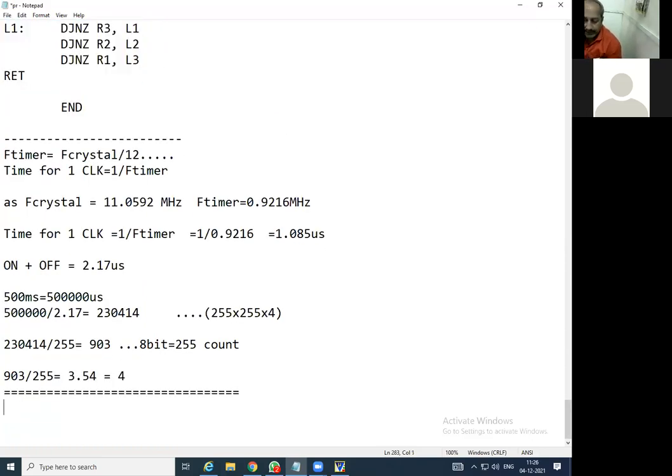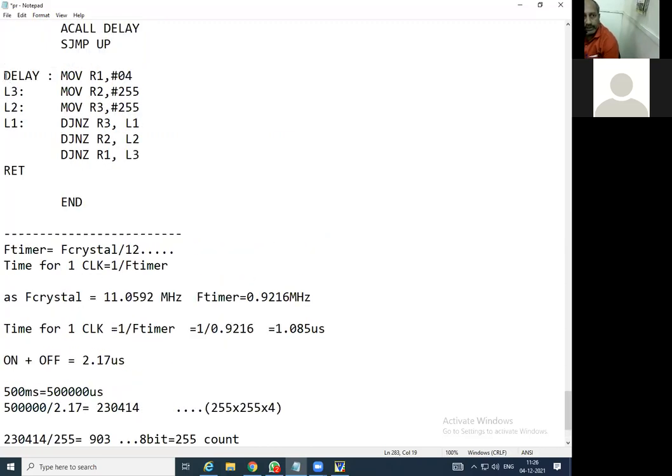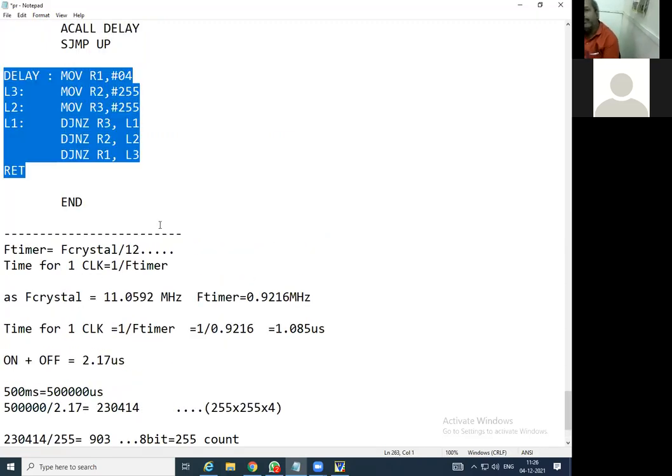For delay is equal to 100 millisecond, what will be the code? हा कोड लिहून घ्या डिलेचा आणि त्याच्यानुसार 100 मिलीसेकंड साठी कोड काय होईल that you are supposed to calculate and tell me in the chat box. So I am waiting for your answer.